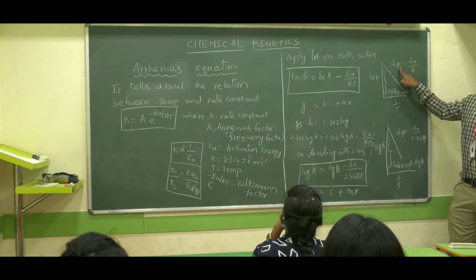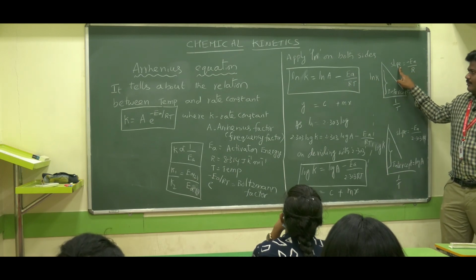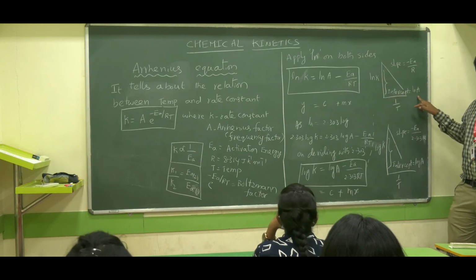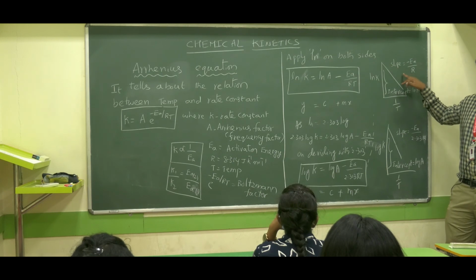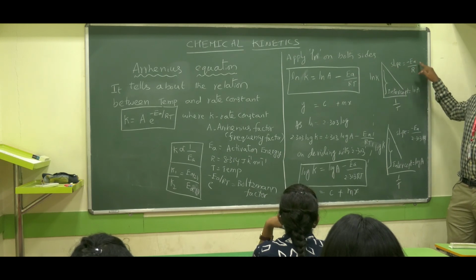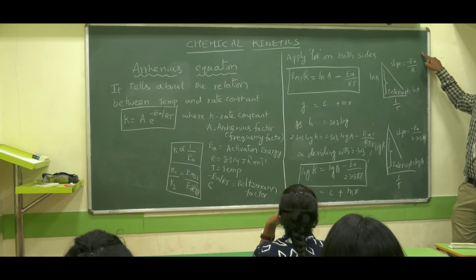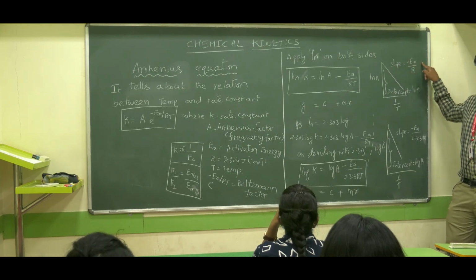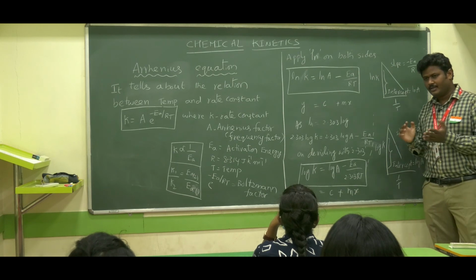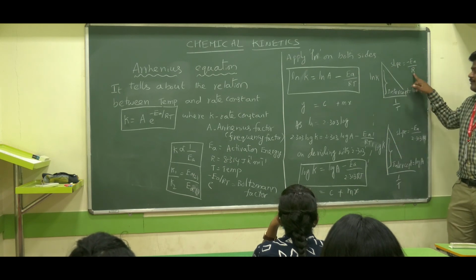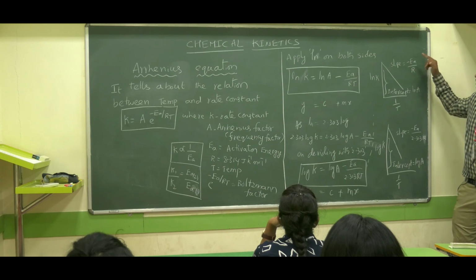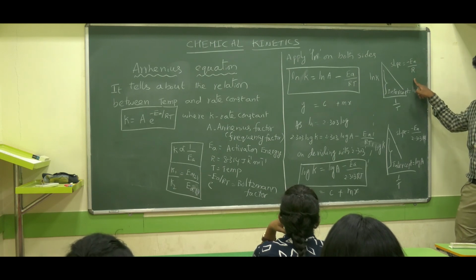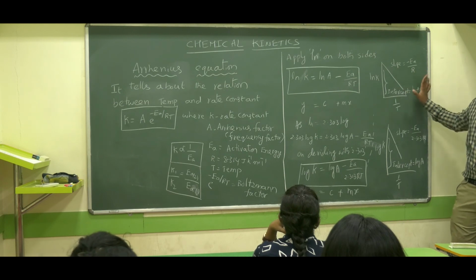So this is most important. They may ask about the graph directly, and they may ask you about the slope, that is minus Ea by R. They will give the activation energy value and you will be asked about the slope. If the activation energy is given in joule per mole, you can use R as 8.314. If it is given in calories, R must be used as 2 calories. So this kind of question will be asked. This is one kind.